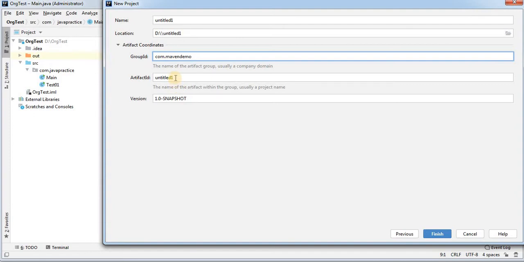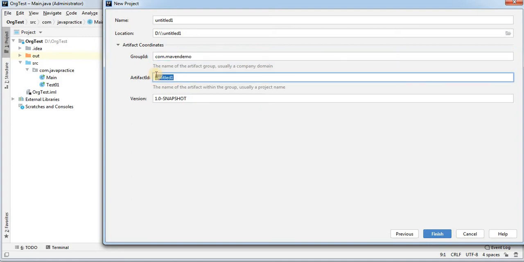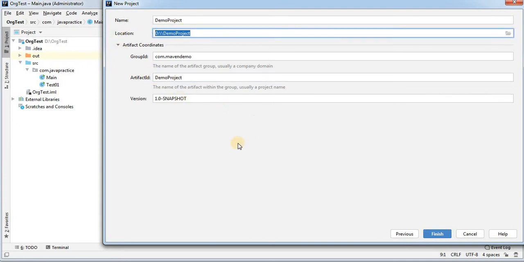And artifact ID. So let us see what the artifact ID is. Artifact ID will be your project. Whatever project name you write here will be replaced here in the name, right? So for artifact ID, we can give Maven demo project, right? Okay, so the location is correct. It is going to reside in the D directory, and the folder it will create is demo project. So after providing this information, we have to click on Finish.